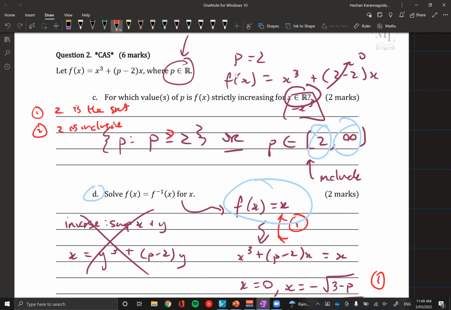And the answer is no, because we've got p as our parameter and we've got a cubic equation. So there's no way of finding the actual rule for the inverse because the original equation is just too complicated. Don't worry about why you can't find it. Just know that some equations you can find the inverse of, and some you can't. It purely depends on the equation that you're given. If it's a basic equation, then you'll be given it. But if it's not, then you won't be able to find it.